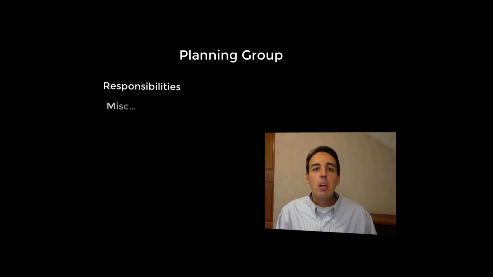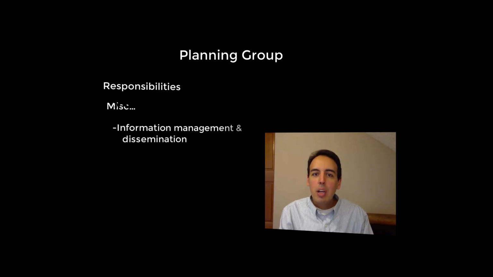There are also a number of miscellaneous considerations to keep in mind for the planning group when doing this effort. For example, do you have a place to share information among planning members and facilitators and between facilitators and participants? We used our OTOK website and various internal tools to try to manage information, and this was a significant undertaking.